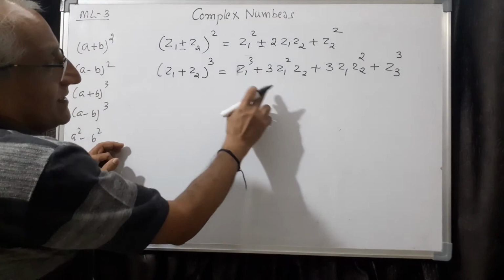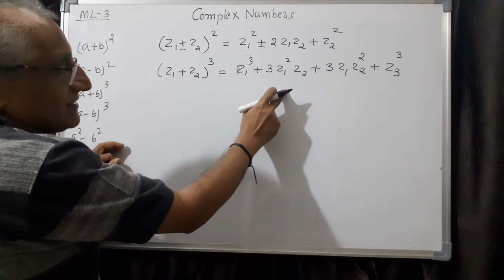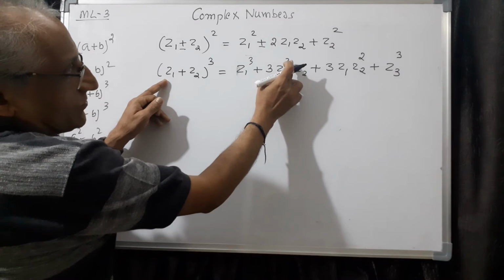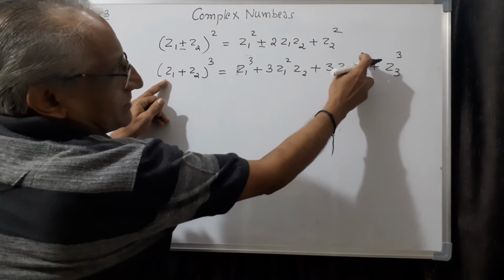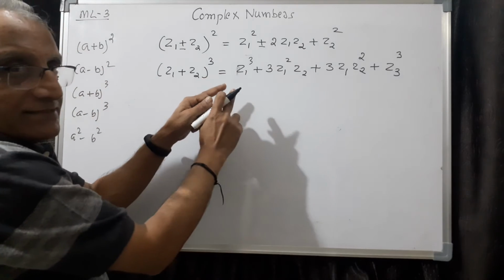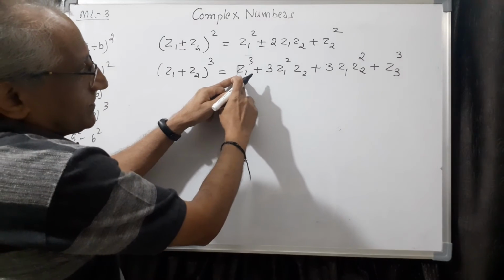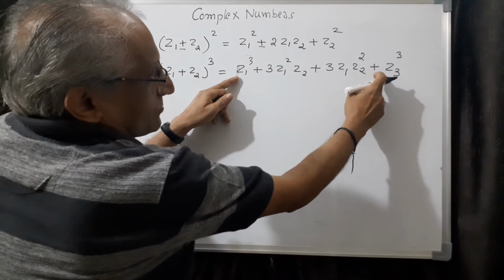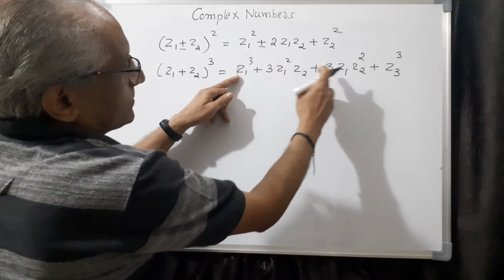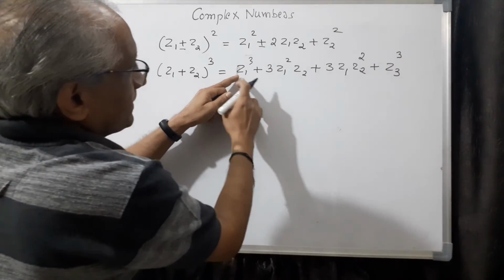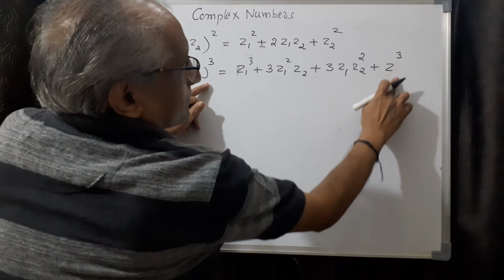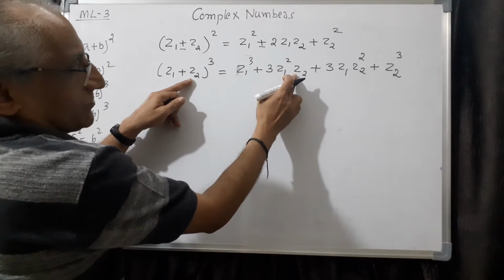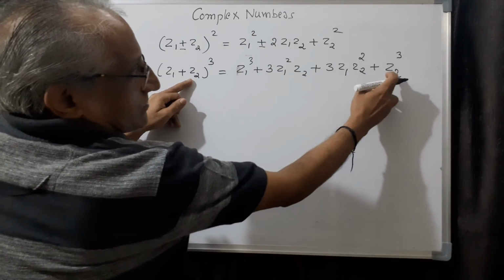So here the idea is this. This is because of the binomial theorem. See, it is like this: (Z1 + Z2) cube. These two together is cube only, square plus 1, here also 1 plus 2 is 3. You can remember this pattern: the power of Z1 keeps on decreasing, 3, 2, then 1, then 0. The power of Z2 keeps on increasing: 0, 1, 2, 3.